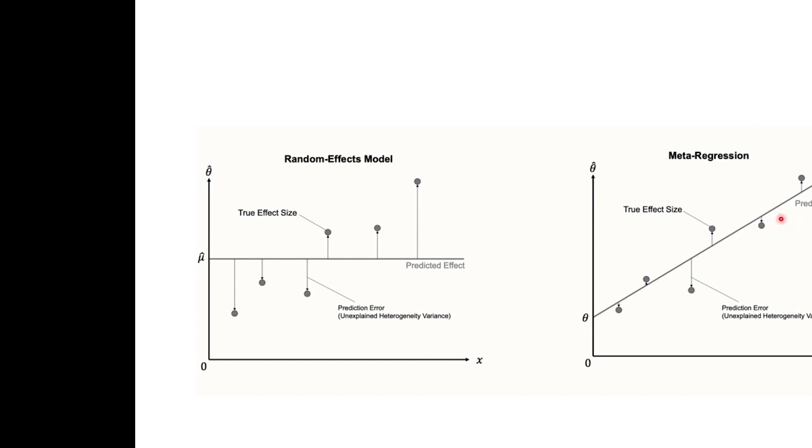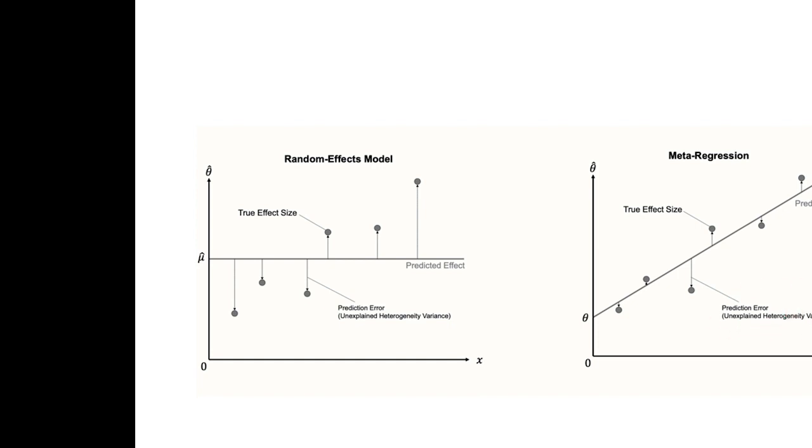Okay. In this slide we will be talking about the similarities and differences between the random effects model and the meta-regression. As we said before, the meta-regression uses a mixed effects model, which includes the random effects model. The main similarity between both plots is that both of them have something called the prediction error,